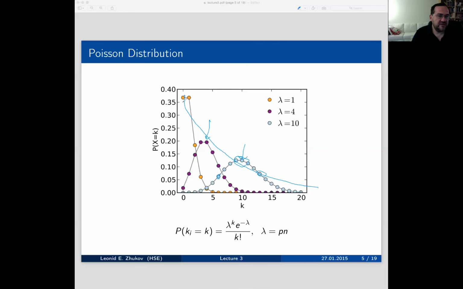It's very different from the power law distribution. If you look at this formula, you can easily see that the maximum of the formula happens when k equals lambda, right? Okay, so now we know the P of k, and let's look a little more at the properties of the random graph.